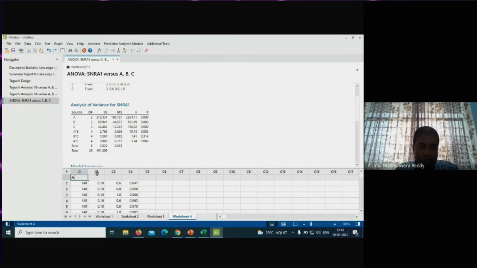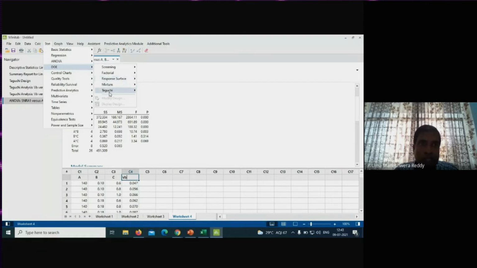Like A, B, C, and VB. So start design of experiments, Taguchi.